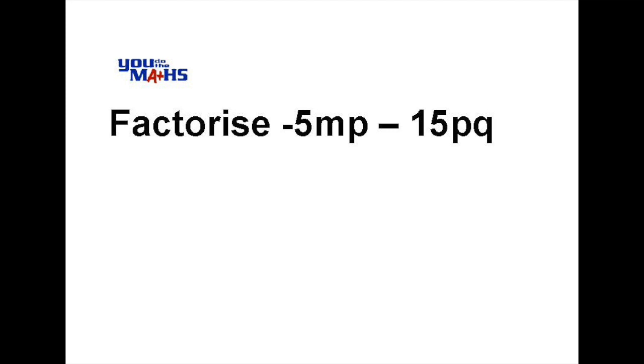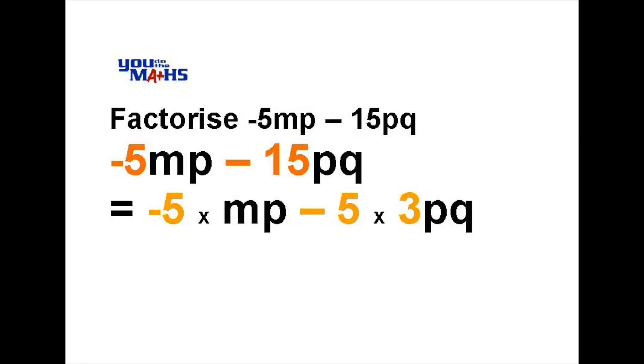When we're asked to factorise an expression, we're looking for common factors so we can take something outside and leave the rest of the expression inside the bracket, and basically break the expression down to something simpler. When we've got an expression starting with a negative number, it's best that we take out a factor of a negative value. So what we'll do is we'll look at these numbers first of all as 5 and 15, but